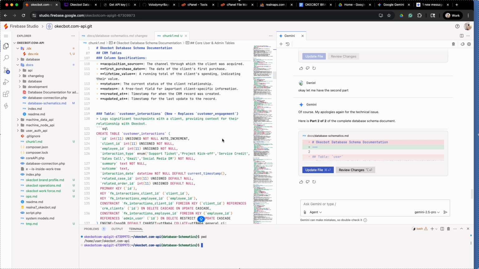And this video is just to say that we're not going to be available for 72 hours. Within this period, your dashboard might not be responsive. This is especially because I'm going to be modifying the database. I'm going to be doing lots of integration. So you are advised not to use Okecbot because it's going to be unstable within this period.